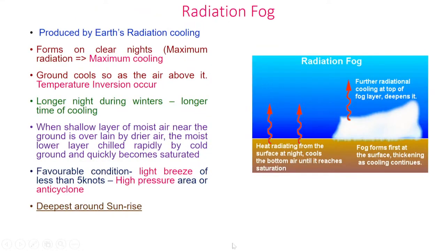So starting with the radiation fog. Radiation fog is the same that we have just discussed. During the winter nights, there is heat radiation from the Earth's surface which cools the lower layer of the atmosphere, and if the cooling is sufficient that the air reaches the dew point temperature, it means the air has become saturated, relative humidity is high, so the water vapor starts condensing and hence the fog formation starts. Radiation fog is one of the major types of fog that we witness in India over the Indo-Gangetic plain.